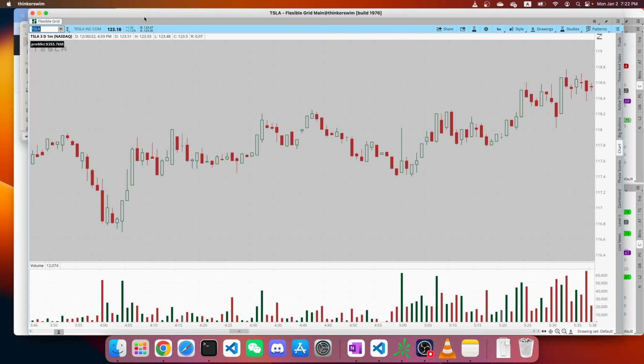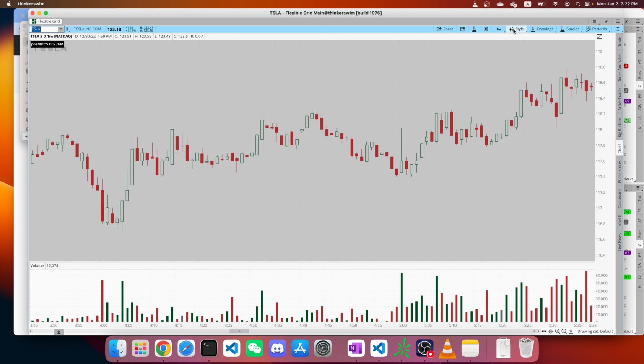If I switch to Tesla, which traded much more volume, 355 million last Friday pre-market, it will show me black. That's an indicator to tell me whether this stock has enough pre-market activity for me to trade. Today I'll be showing you how to write a Thinkscript indicator for that. So first of all,